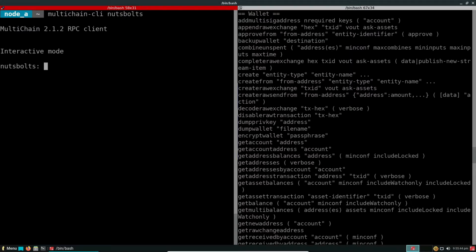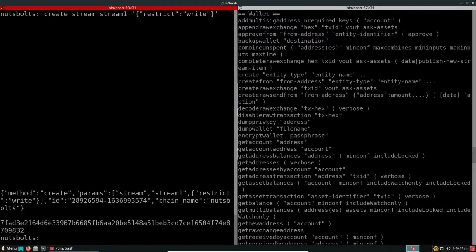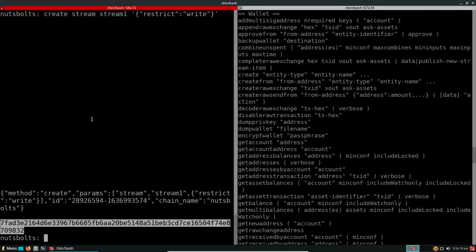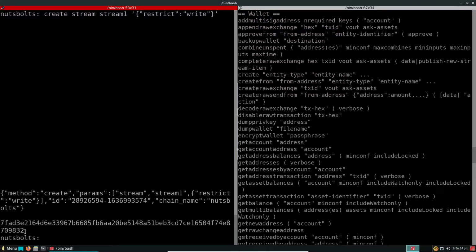Now we'll create a stream. Now again it is in the same manner. Create stream 1, and we will define some access controls. Restrict, nobody will be able to write to this stream unless otherwise exclusively granted. So we are just defining the access controls here, and I think this will be okay. Yeah, so this is the hash here. So these things, whatever hashes are being created, no need to write them, but just keep in mind that there are hashes connected with each and every transaction.